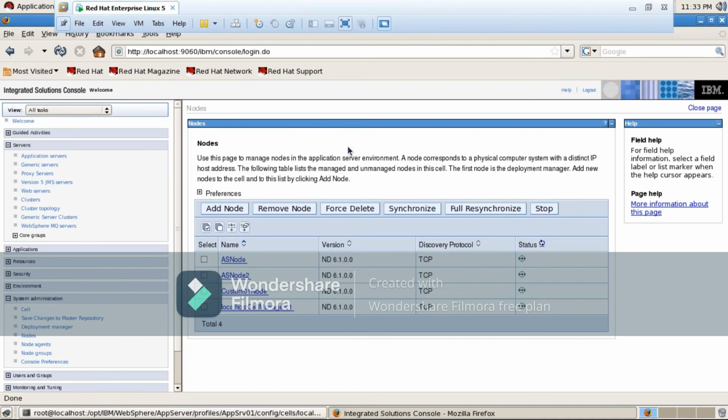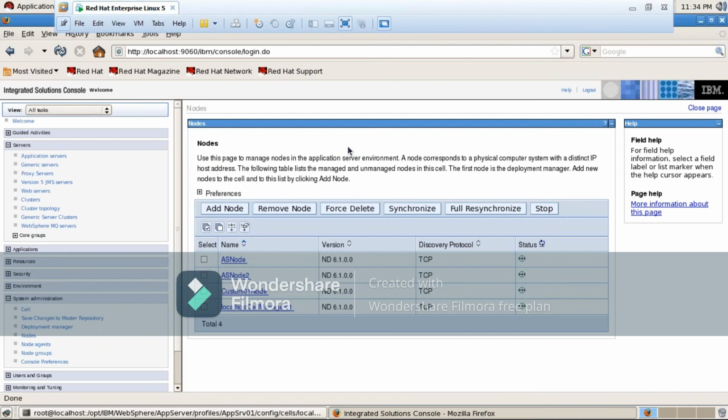Let me tell you how. See, now here I have 50 applications, right? So my first target is how many applications one cell is going to take. That's what I'm going to decide. Suppose I decided that one cell is going to take care of 10 applications. So how many cells do I have to create? 5 cells, right? That means by using the product binaries of 6.1, I will create 5 DMGR cells. Get the point?